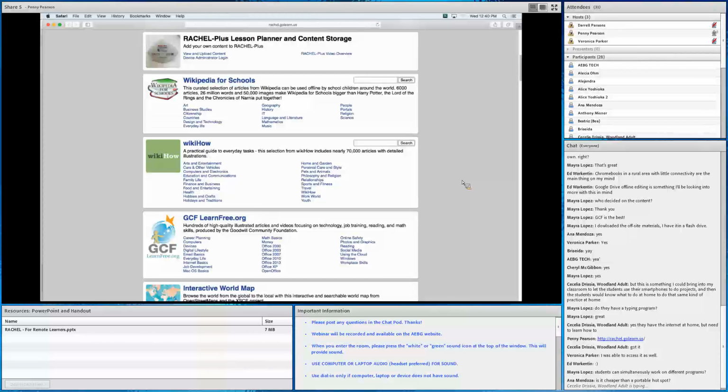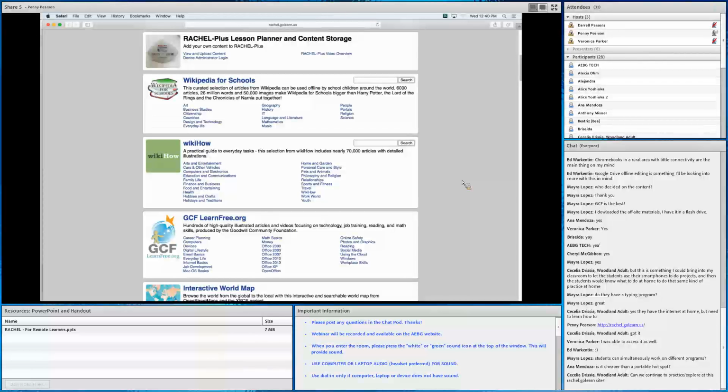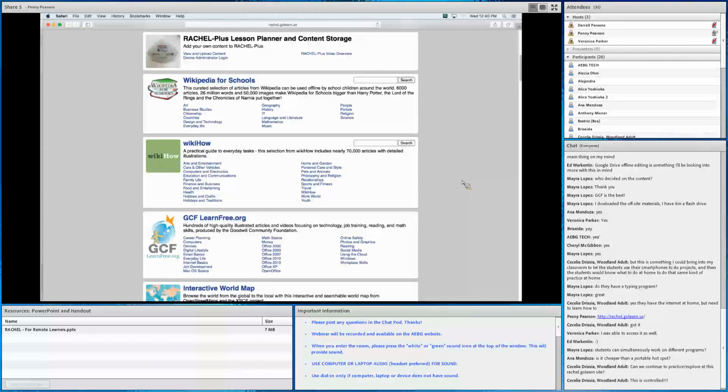Well, Anna, you have to weigh it. I don't know how much you pay for a portable hotspot, but most portable hotspots that I know of have no content on them. They simply allow you to connect to the wild internet. This is not that. It will not allow you to go and check your email. It will not allow you to go to CNN.com because those things are not loaded on the device. Yes, this is controlled very much.